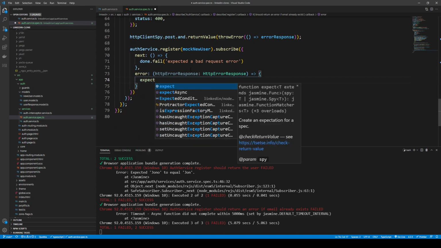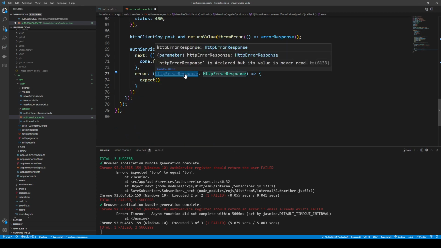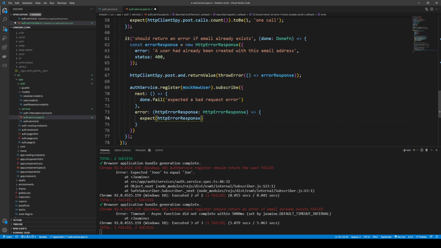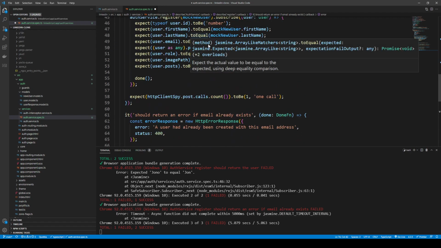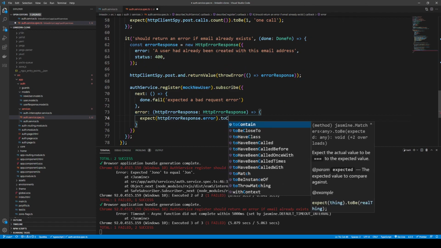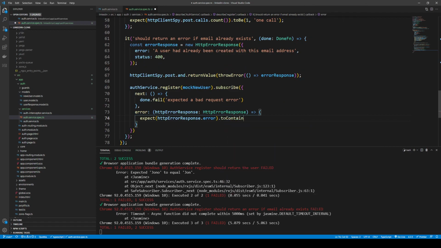So what we can expect is we want our HTTP error response, and we want that error message here. Now I've done toEqual and toBe. I think this is a good opportunity to use toContain. Sometimes you don't want things to be too specific for things that have the possibility to change. Error handling and messages can possibly change. So rather than testing for equality between that and that, just to demonstrate, and this might not even be sufficient,